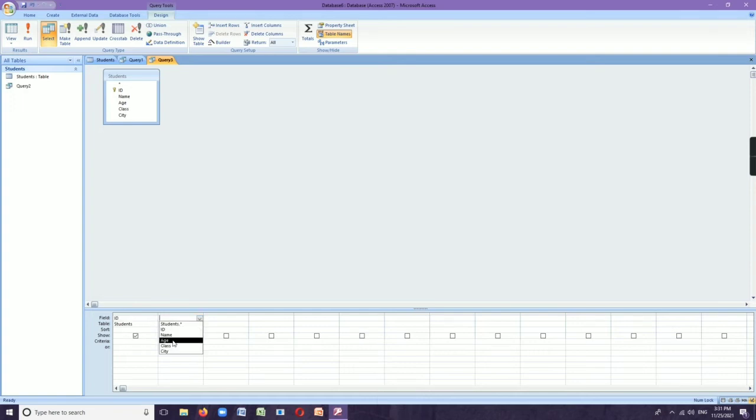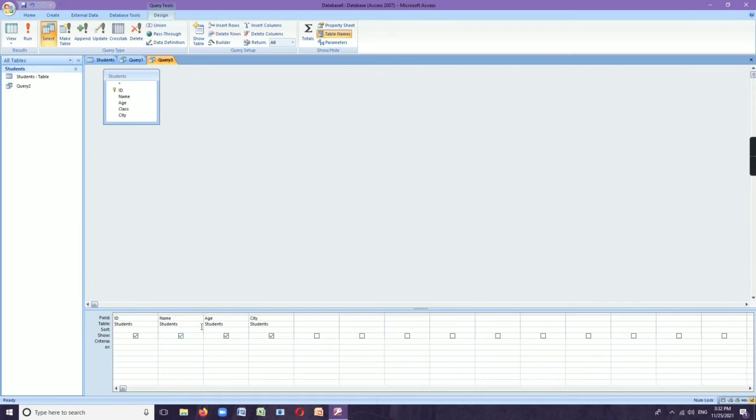Now here I am going to mention the fields ID, name. After name, I am going to click on the options called age and city. So these are the fields I want to see whenever I am running the query. Then here one more option you can see, criteria. This criteria option we can use for adding criteria in the select query.